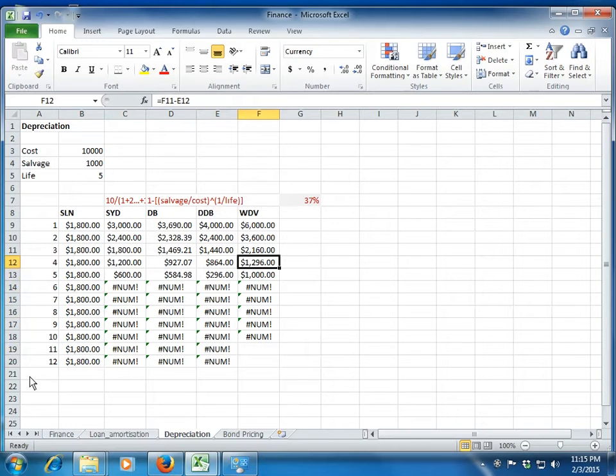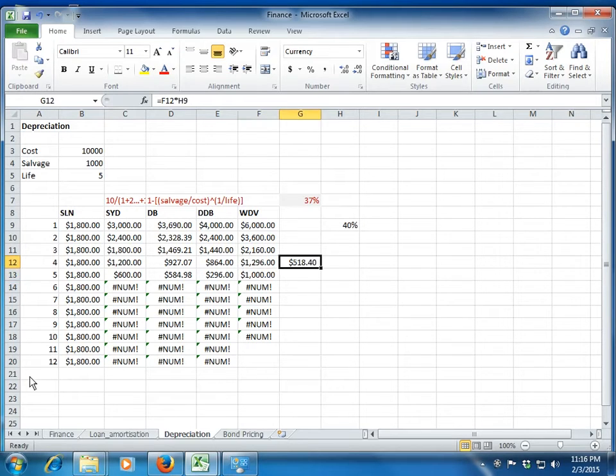Now if the life of the asset is 5 years, what will be the rate of depreciation? 1 divided by 5, which is 20%. And since we are using double declining method, what will be the rate of depreciation? You are absolutely right, it will be 40%. Fine. So at the end of 4th year, what is the WDV of my asset? 1296. So the depreciation on this should be 1296 into 40%, which should be 518. But you see that the depreciation computed is only 296, and it leaves the WDV of the asset to be not lower than salvage value, right?